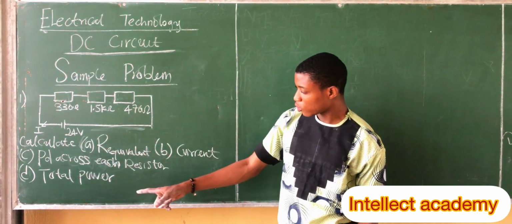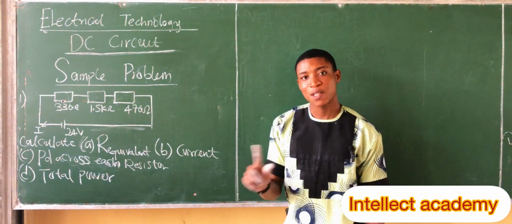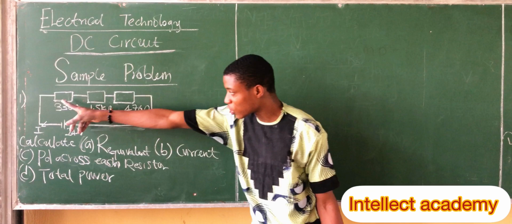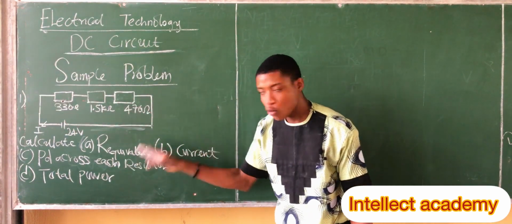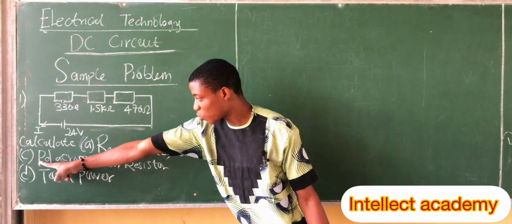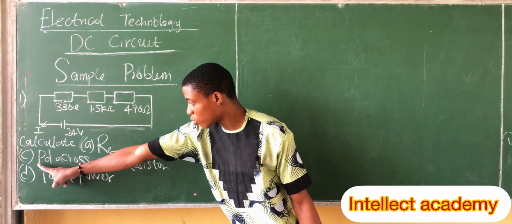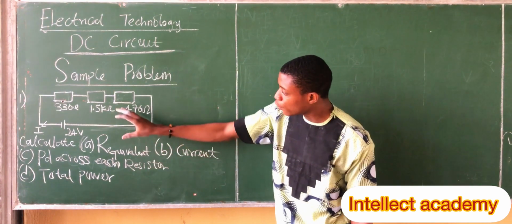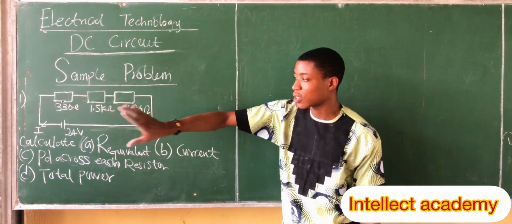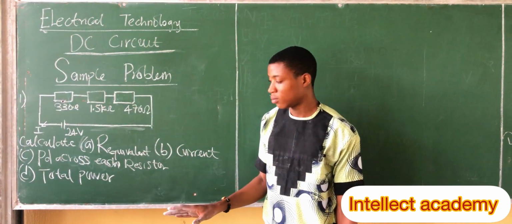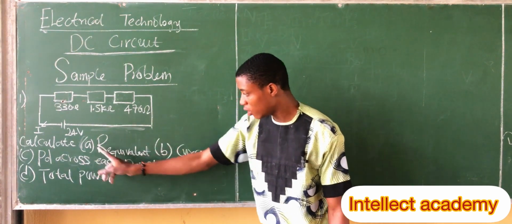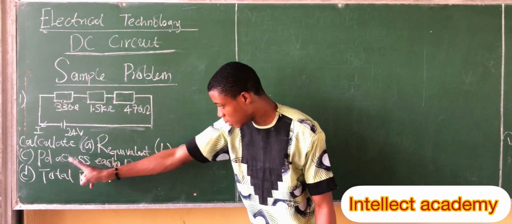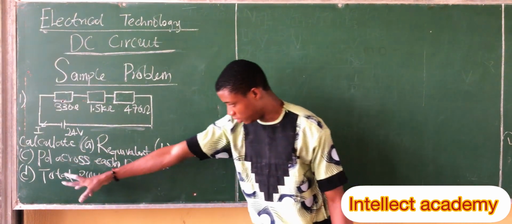So now you can look from the question, they say calculate the current. They didn't specify the current in each resistor because they know that the current is equal in the full circuit. But now look at the C part of this question. Calculate the PD across each resistor. That's to tell you that the voltage across each resistor is different. So now you say calculate A, the equivalent resistor, B, current, C, PD across each resistor, D, the power